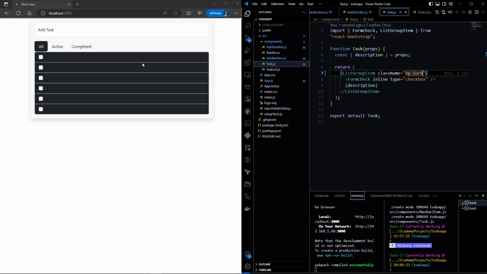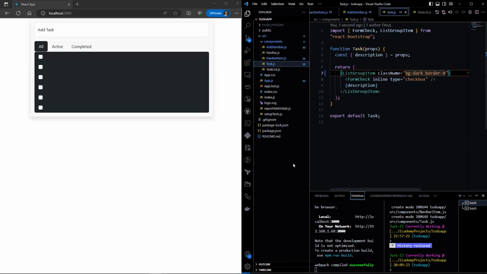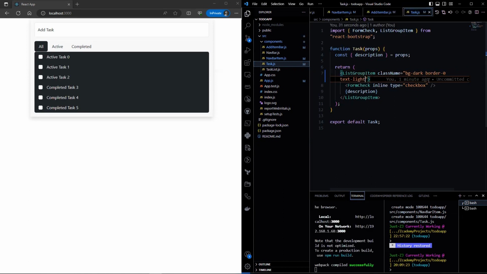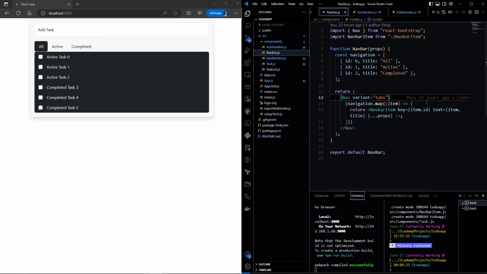Now, I wouldn't want these lines in between. So let's remove the border. Now, we couldn't view the text. So let's give this a font color of white. Now, notice that there is still border for the nav bar. So let's remove that as well. Now, because we have rounded corners, let's move this down a little as well.